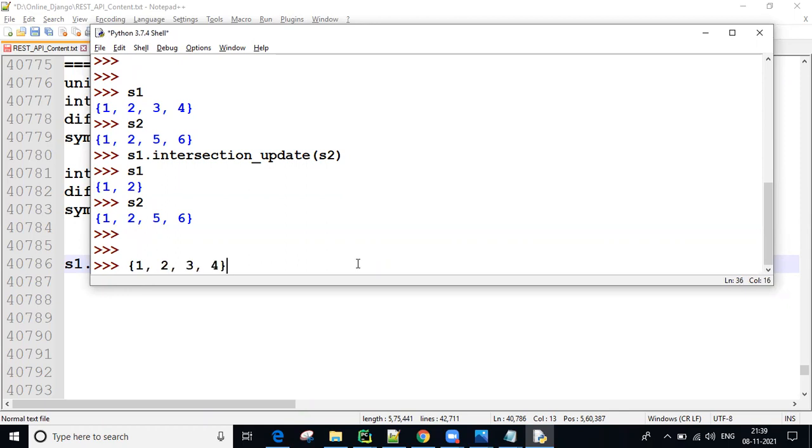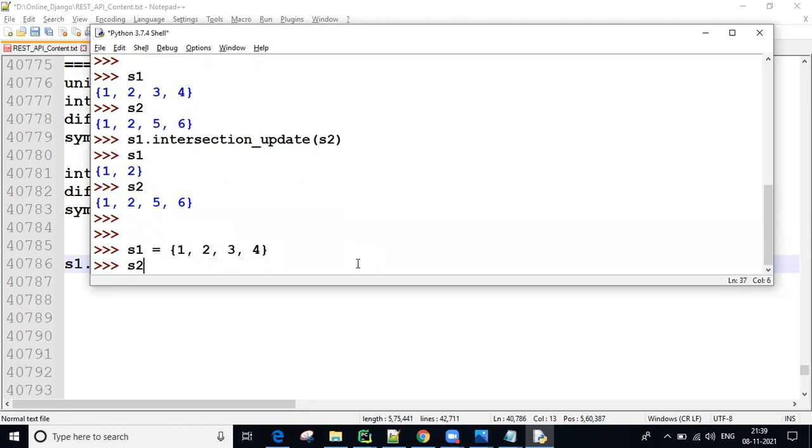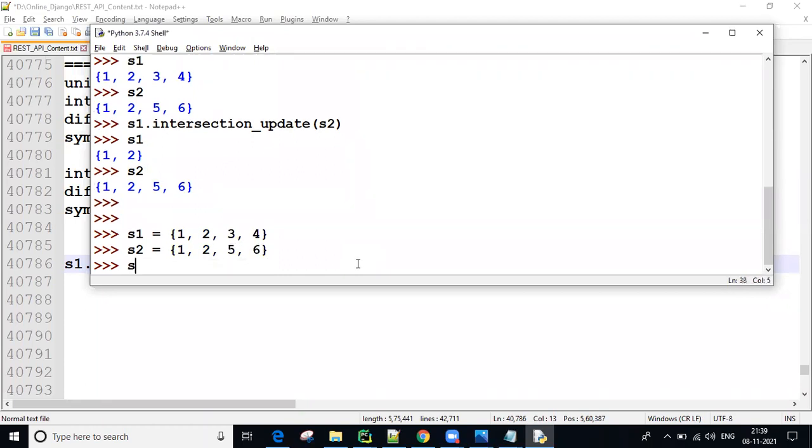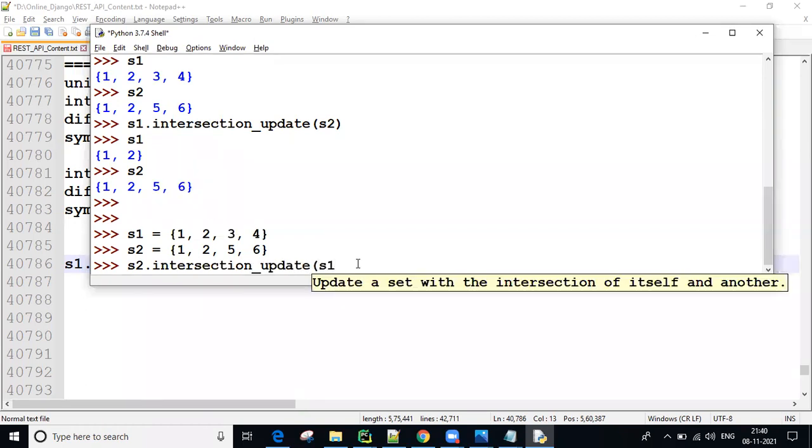I'll take again, observe here. This is S1. Next, S2 equal to. I am taking the data again. Now S2 data, intersection update of S1.